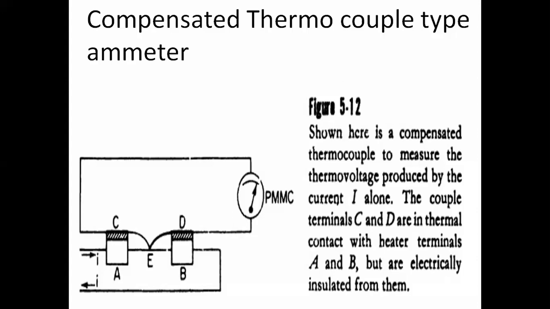Similarly, by connecting a rectifier circuit before the DC meter, we get the AC voltmeter. An AC voltmeter is obtained by connecting a half wave rectifier or full wave rectifier to the DC meter, and then we can measure the AC voltage. Here we also have the thermocouple type of ammeter, which can measure AC current also, so both DC and AC current we can measure. In ohm meters we have two types: series type and shunt type.